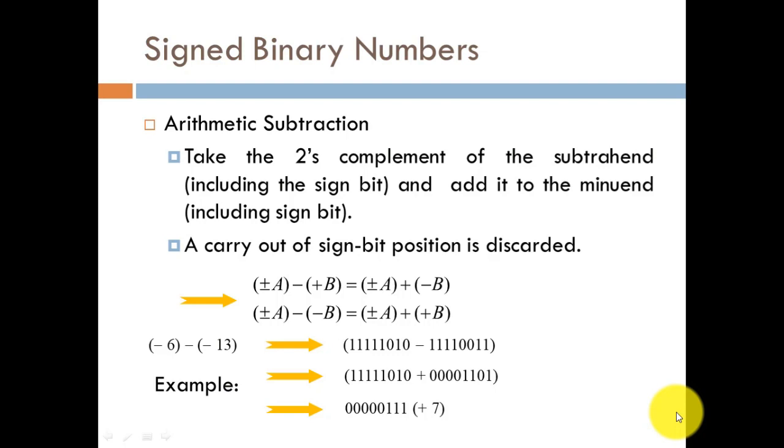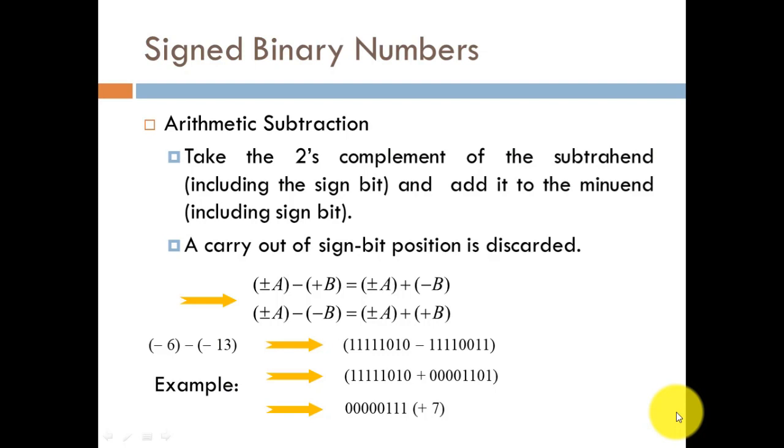In a similar manner, plus or minus a minus times of minus b, we are going to perform the same thing. This minus b would have been represented in the same way, so we can obtain this particular value. So let us quickly understand with the help of an example: minus 6 minus times of minus 13. How are we going to do that? With the help of the above explained expression.